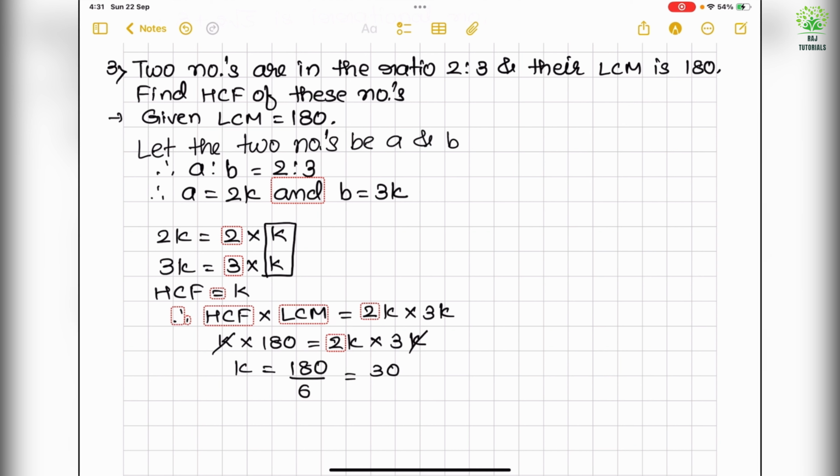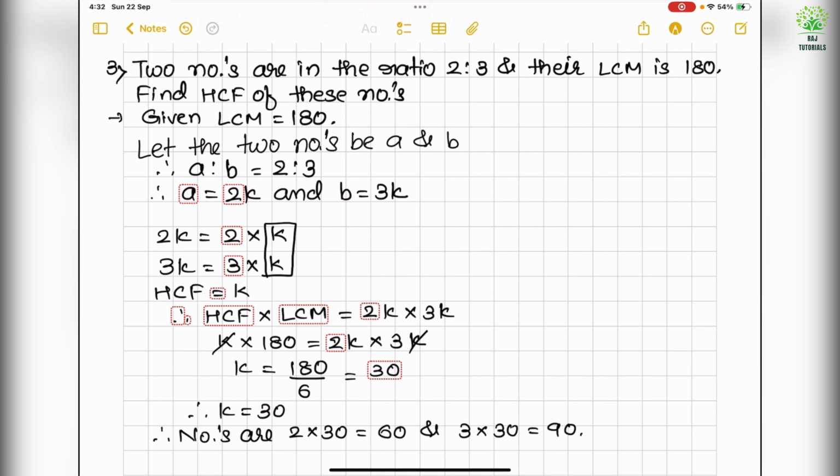So one K got cancelled. So K equal to 180 upon 6. So therefore K equal to 30. Therefore the numbers are 2 into 30, that is 60, and